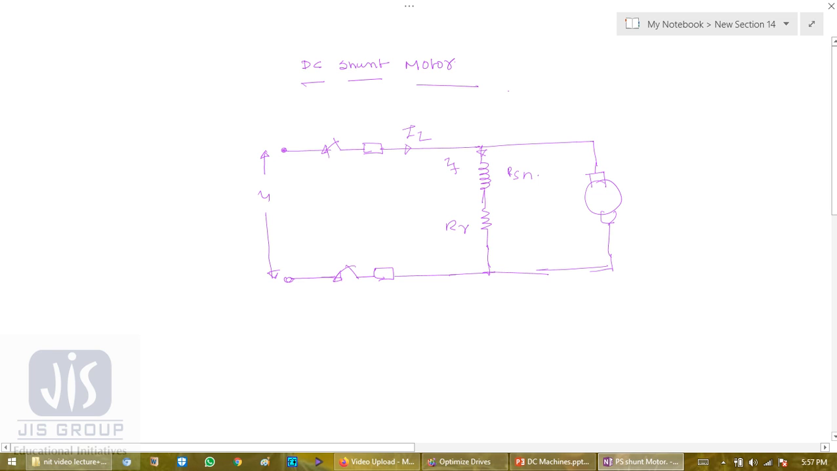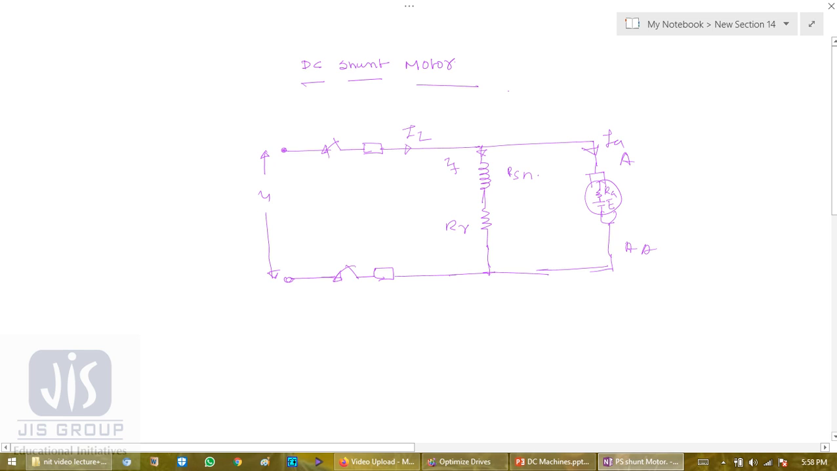Okay, IA and IA. So the direction of IA will be this. This is basically a resistance, the voltage combination. Okay, so what is the equation? Now the equation is